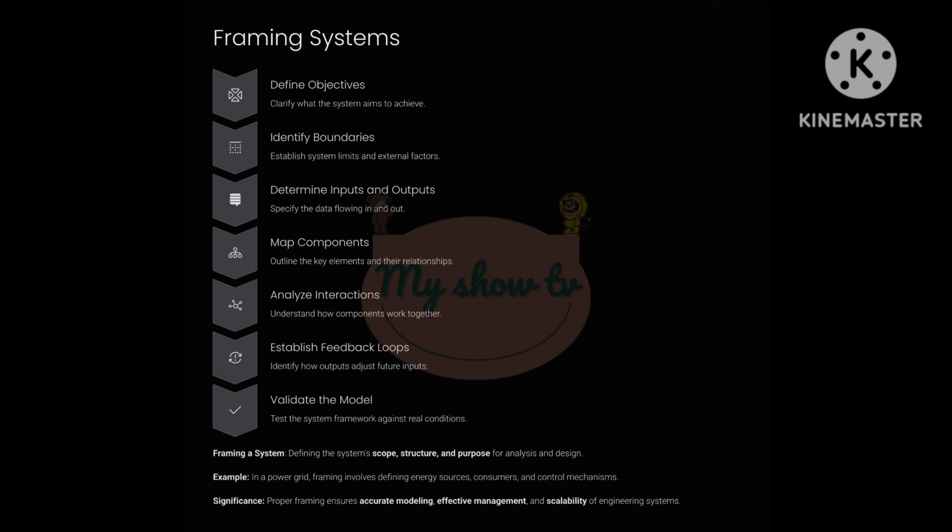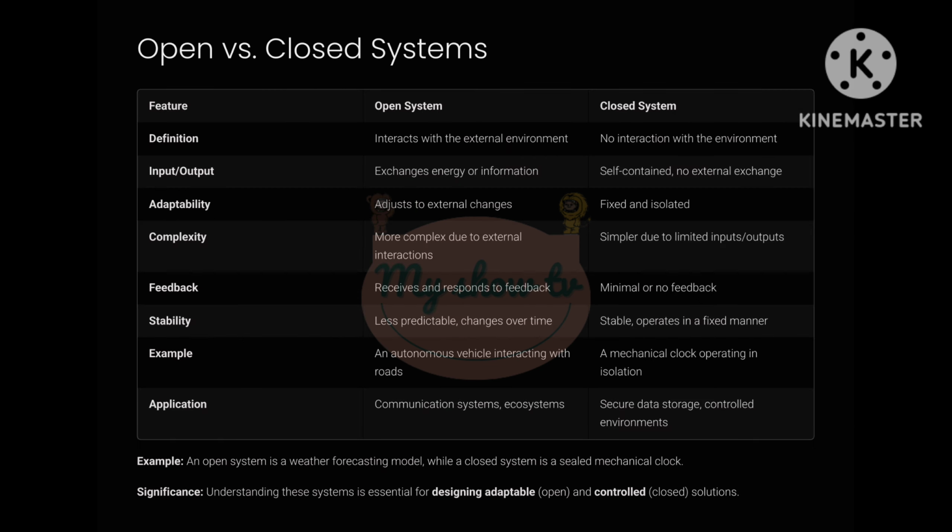Example: framing a traffic control system involves defining vehicle flow, managing signals, and optimizing traffic patterns. Significance. Framing systems ensures clear design, efficient functionality, and easier maintenance in complex engineering environments. Slide 4. Open versus closed systems. This slide focuses on the differences between open and closed systems, a key concept in system